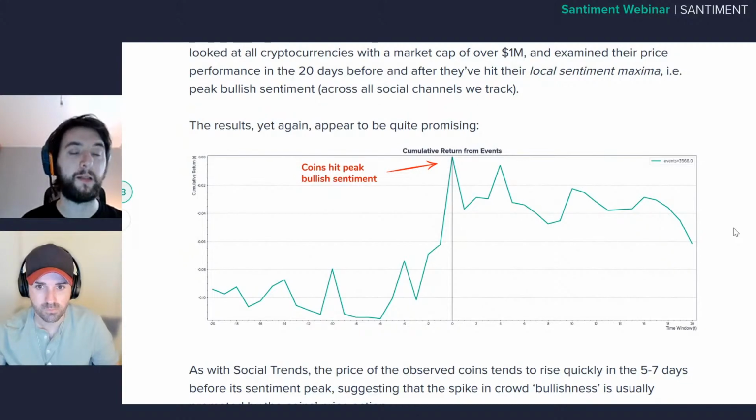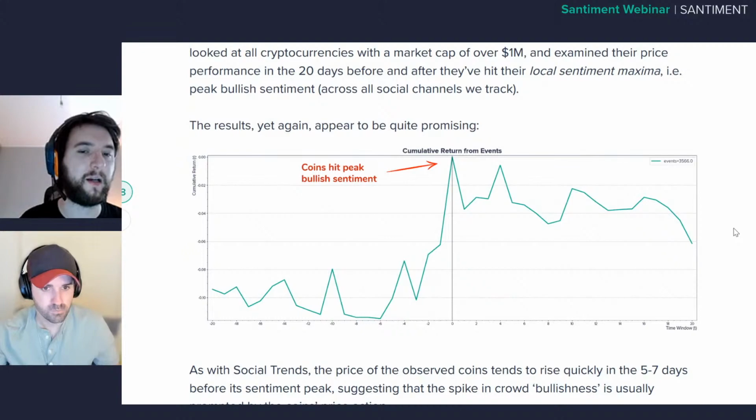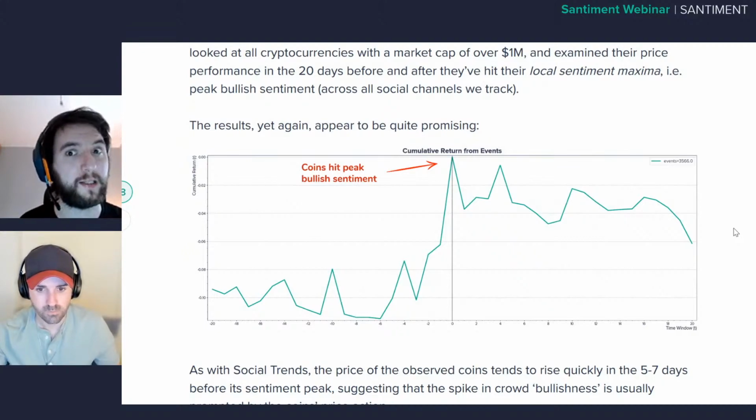So once again, this backtest has shown some promise to validate our theory that when you see massive spikes in bullish sentiment, it usually isn't a great friend to cryptocurrencies. And especially when it happens during a price pump, it suggests that the crowd is becoming a bit too overzealous and the market is becoming